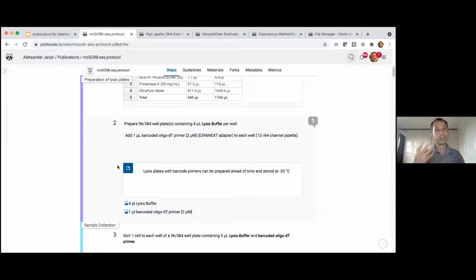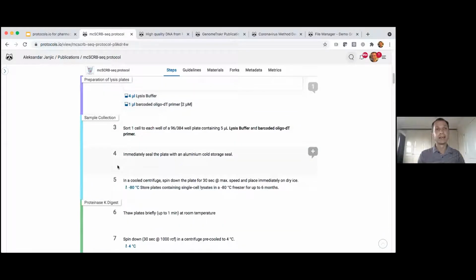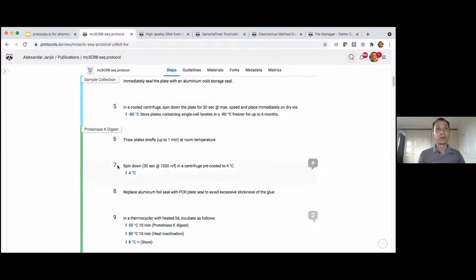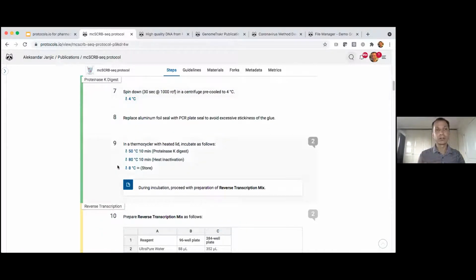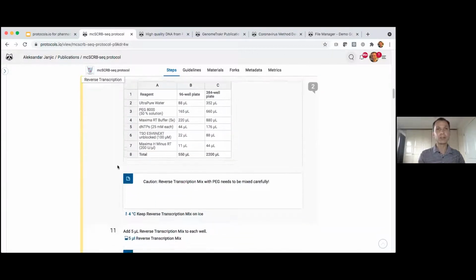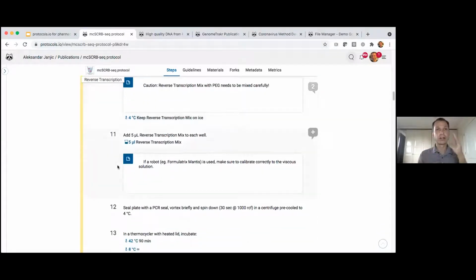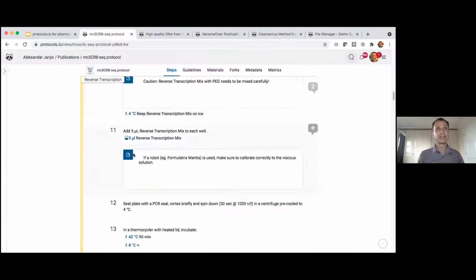So we have, for example, catalogs from reagent vendors, so you can type in a catalog number and specify exactly which reagent, where you ordered it from. We have components for temperature, the data set that you used, if it's a computational pipeline. So there are a lot of components that try to capture, as I said, those details.